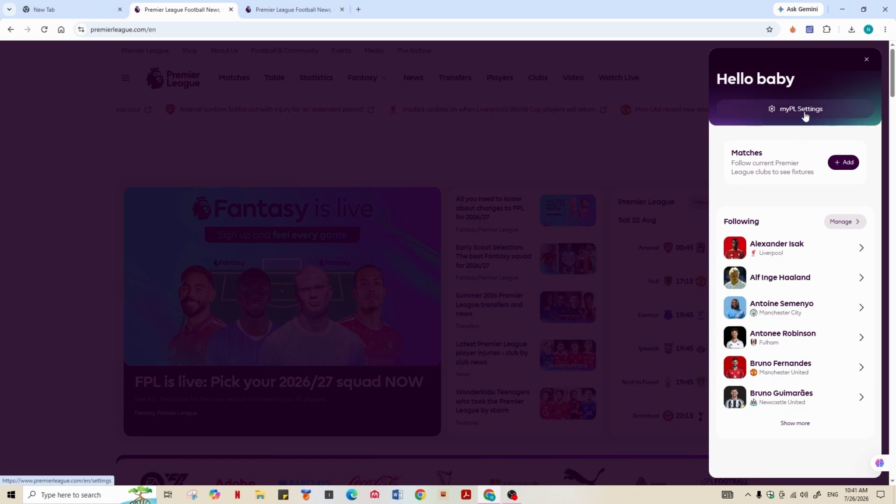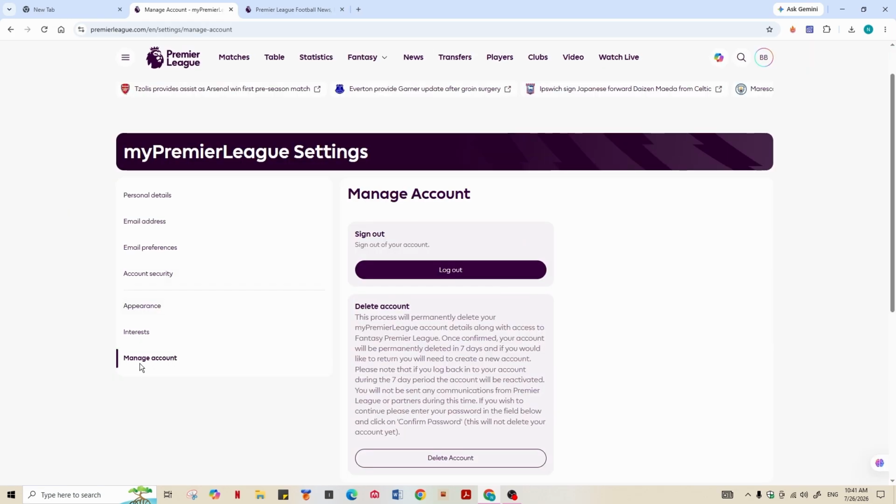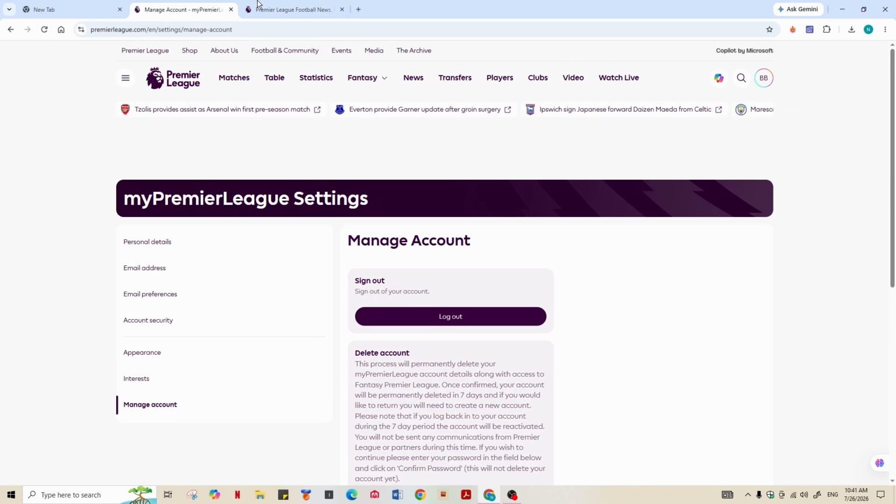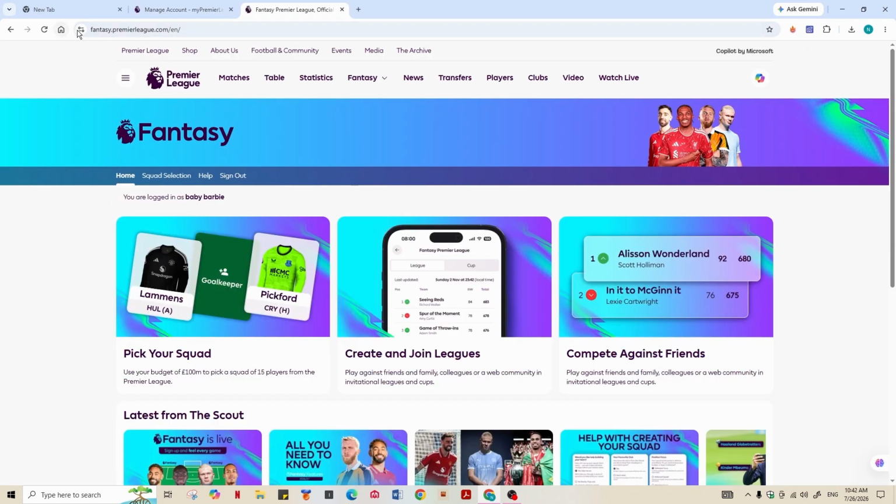Then after click on My PL settings. Then after select the manage account option that is in the bottom. Here you'll get two different options of sign out and delete account. Select log out option, which is under sign out of your account section, and you'll be instantly signed out of your account. But if you're in the website of